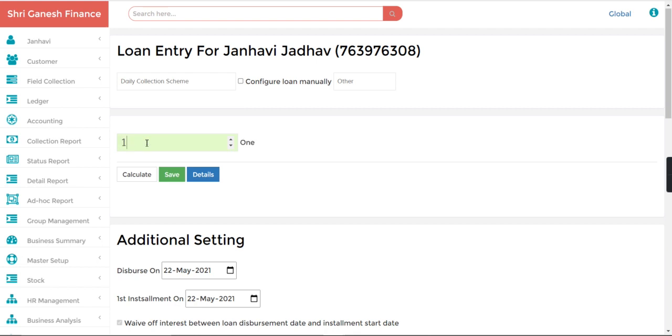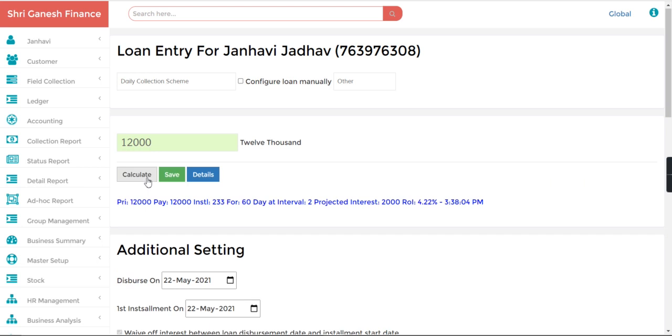I will enter the amount and calculate, and you can see installment is 233 for every day at the interval 2. I have created this product scheme and this principal amount. So just calculate and save this loan.